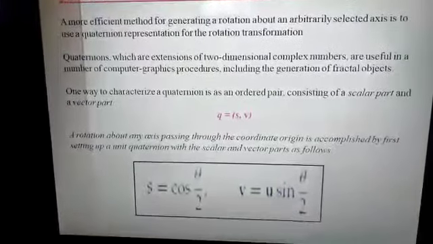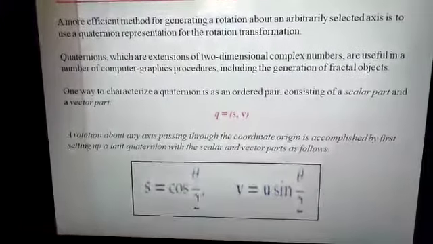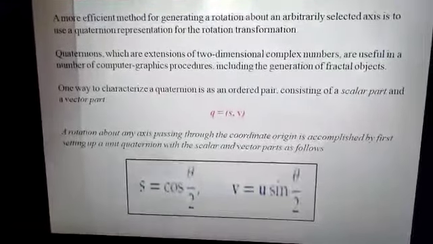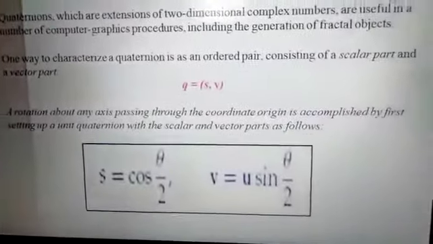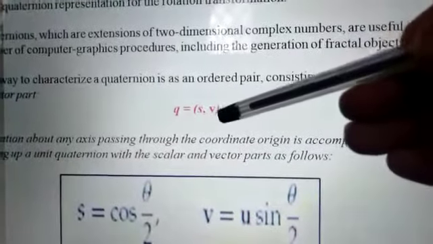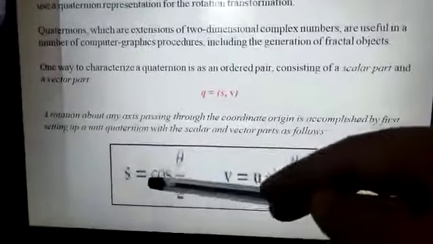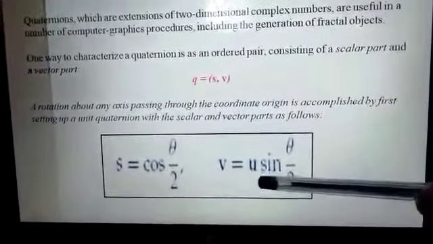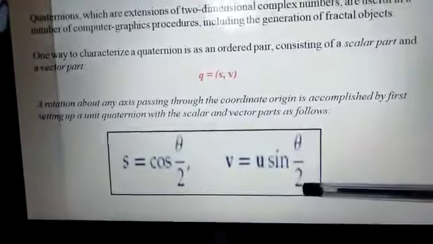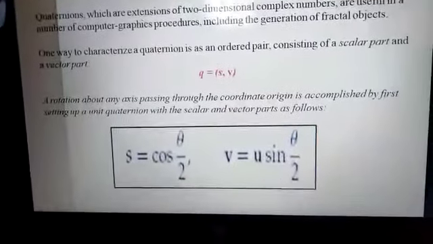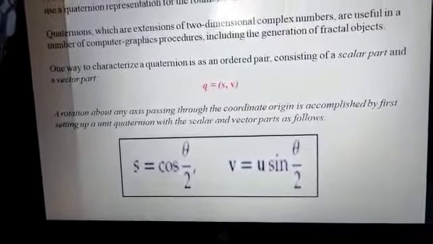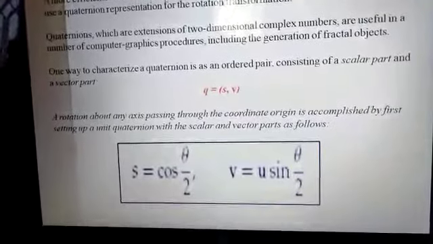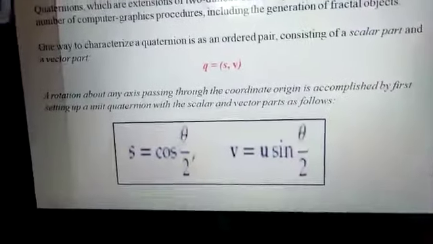One way to characterize the quaternion is as an ordered pair consisting of a scalar part as well as a vector part, which we can write as q is equal to s comma v, where s is defined as cos of theta by 2, and v is u sine of theta by 2. A rotation about any axis passing through the coordinate origin is accomplished by first setting up a unit quaternion with the scalar and vector parts as follows,